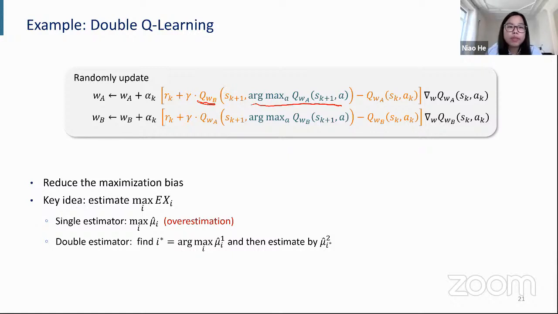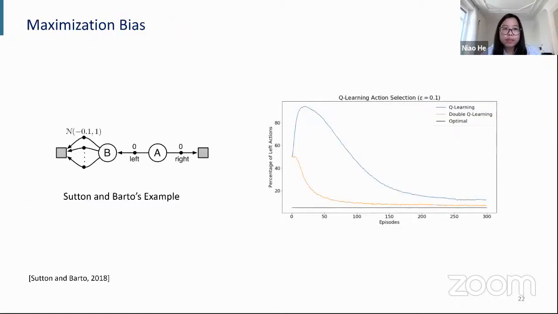Particularly, at every iteration, you will just flip a coin and randomly update either the first estimator or the second estimator. So the computation cost is the same as the Q-learning algorithm, but the memory cost is twice as large as the standard Q-learning algorithm. So to give you a better idea of this maximization bias, you can look at this